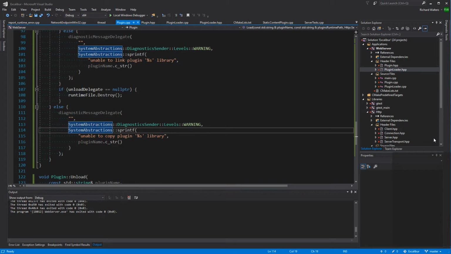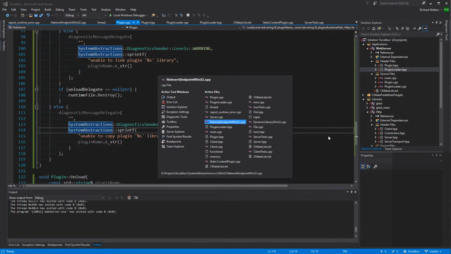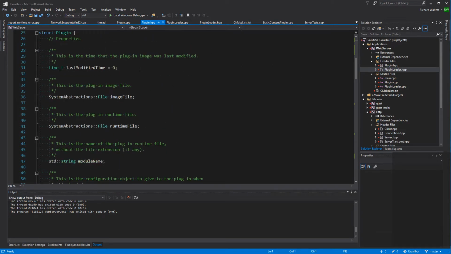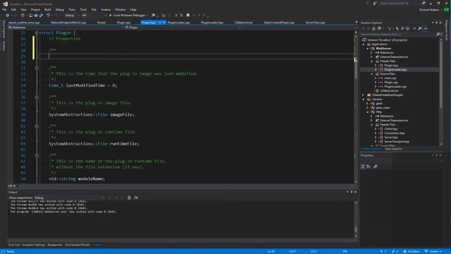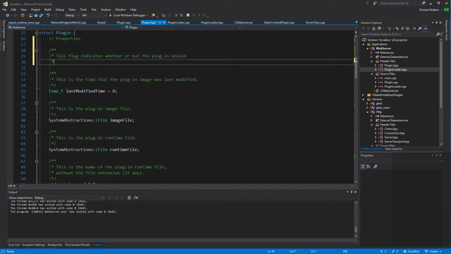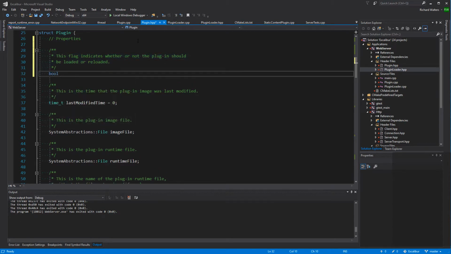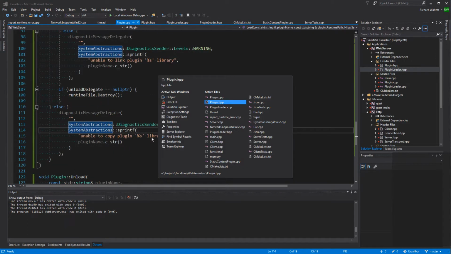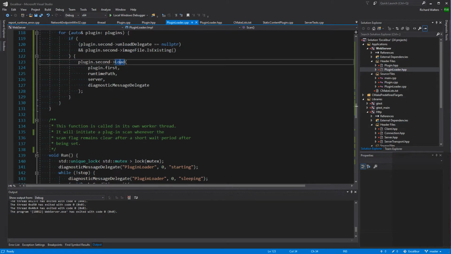I think what I'll do is I'll introduce the concept of a needs loading flag in the plugin. So let's make a flag. This flag indicates whether or not the plugin should be loaded or reloaded. Needs loading. Default it to false, and what we'll do is in the loader, before it loads,